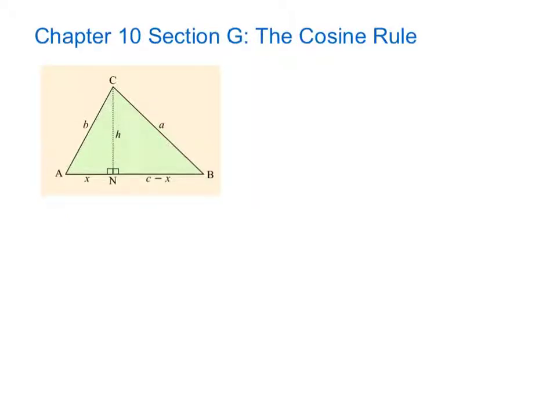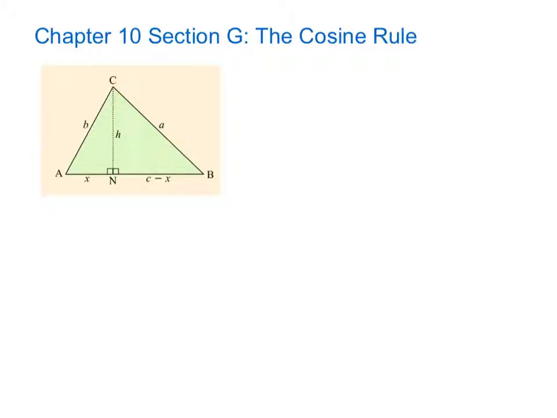In this video, we'll be looking at Chapter 10, Section G on the cosine rule. Let's take a look at the given triangle below, triangle ABC. Notice we have angle A and opposite side A, angle B and opposite side B, and angle C, opposite side